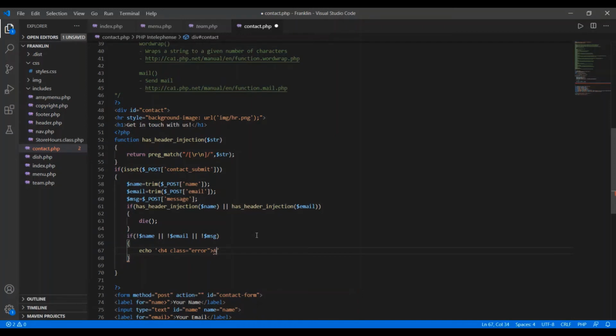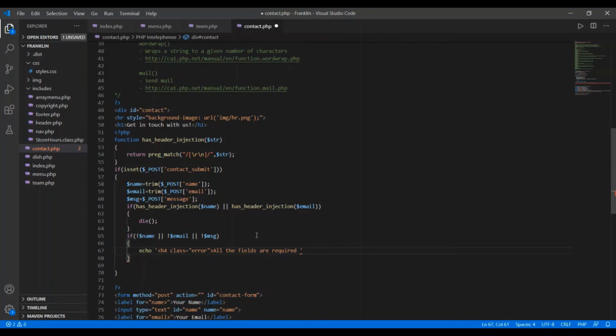So here I have to write the message: all the fields are required. And I just want to give a link back to the contact.php file.